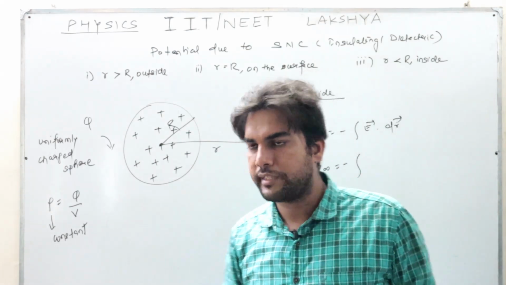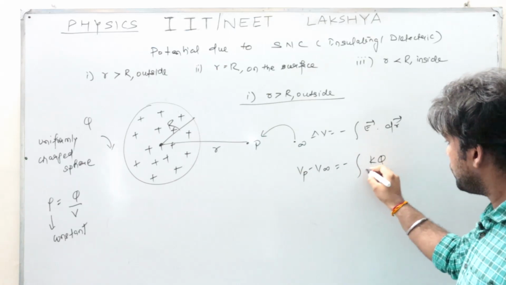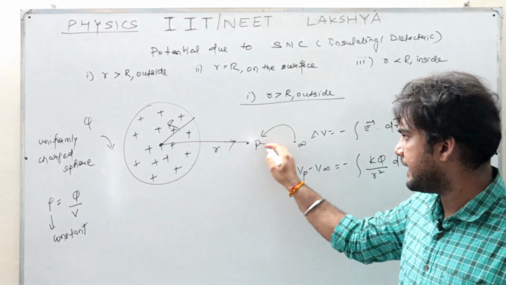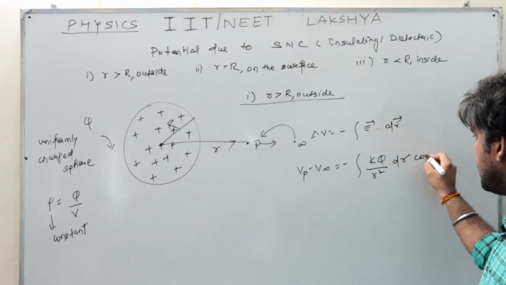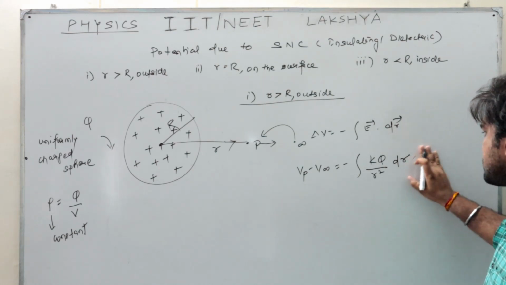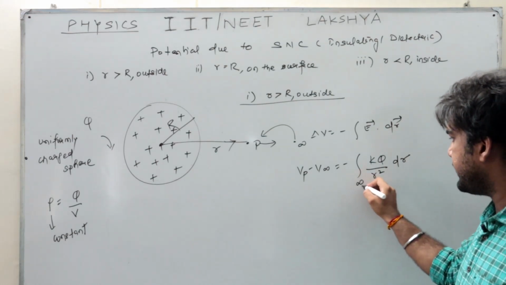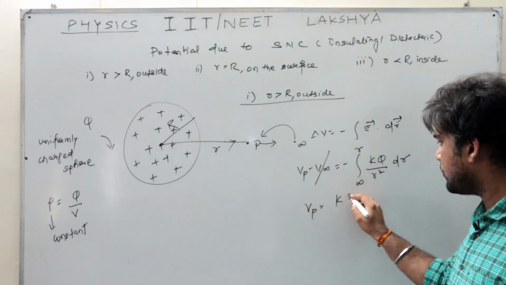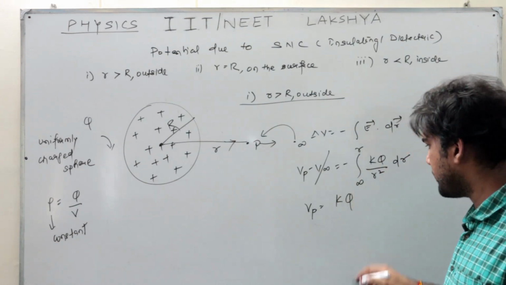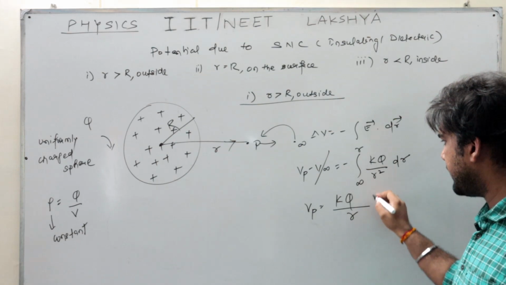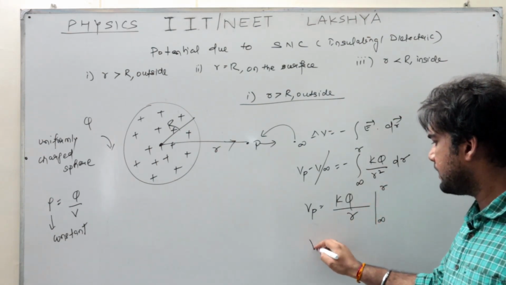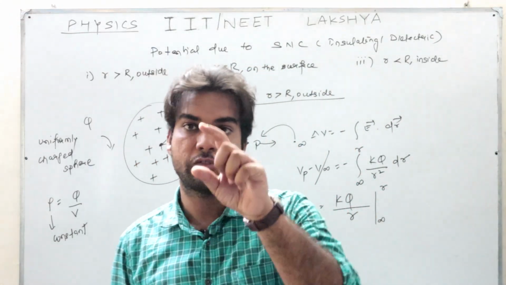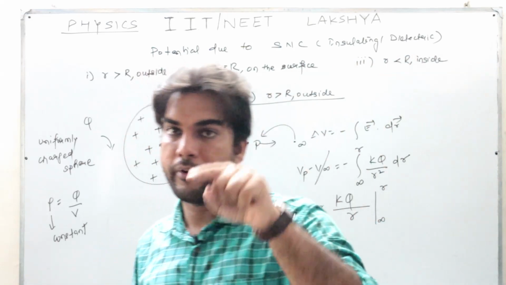So for a point P outside, the electric field is basically kq by small r square dr, and the electric field is in this direction and dr direction is also in the same. So I'll write cos 0, and cos 0 is how much? 1. So cos 0 is 1 only, from infinity to r. Now we know V infinity is how much? 0. So Vp becomes what? Kq will come out. Integration of 1 by r square is r to the power minus 1. Minus minus becomes plus. And when you substitute the limits from infinity to r, why am I substituting the lower limit as infinity? Because that is my initial limit. Because I am bringing the small charge q from infinity to the point P. Final point is your P.